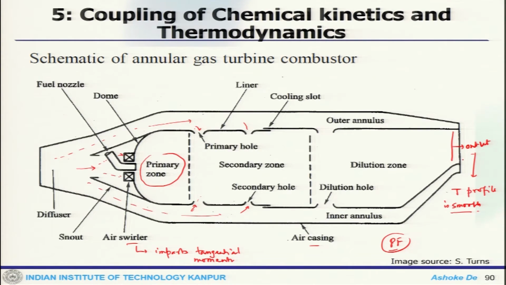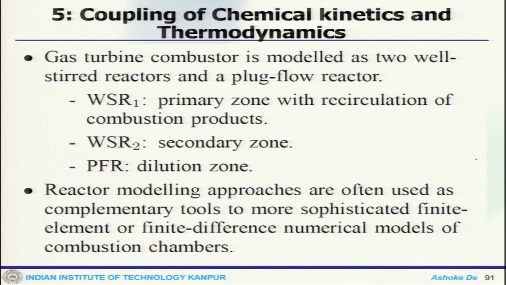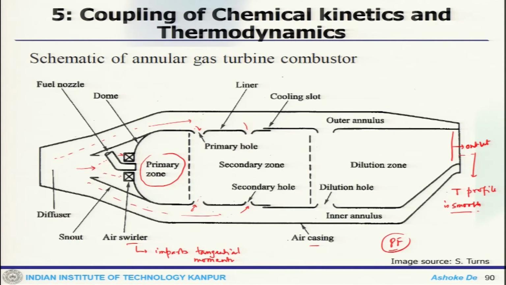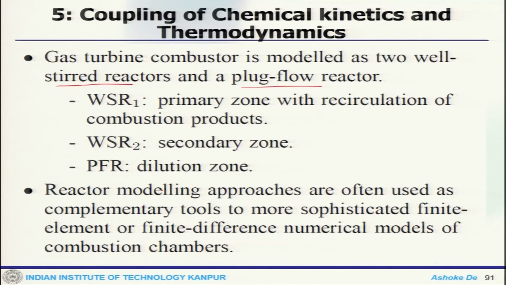That is because the outlet temperature of the combustion product actually goes to the turbine. We have already discussed that in a gas turbine engine, the turbine plays a critical role, because that dictates the rest of the design issues. Now, how do we model these things? It is modeled as two well stirred reactors and a plug flow reactor. So, where are the well stirred reactors? The primary zone is one of the well stirred reactors. So, the primary zone with recirculation of the combustion product is one well stirred reactor, and the second well stirred reactor would be sitting in the